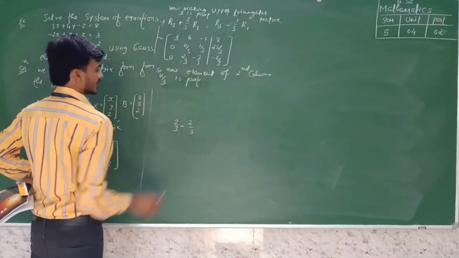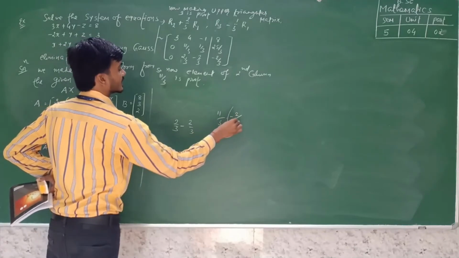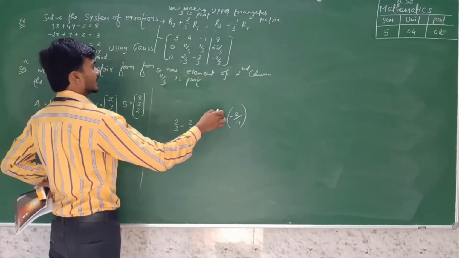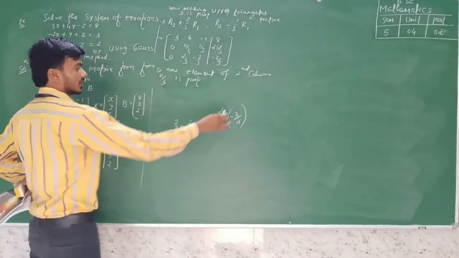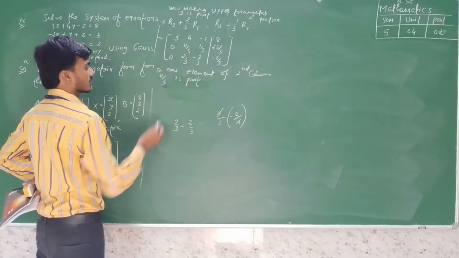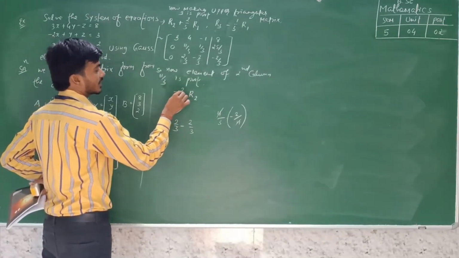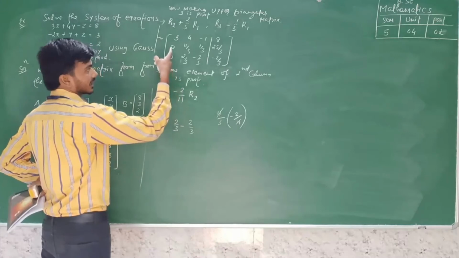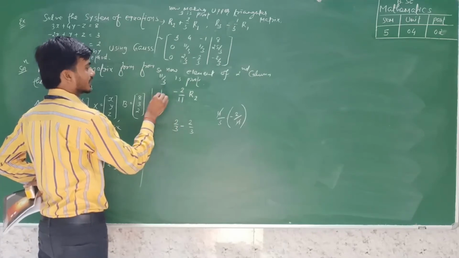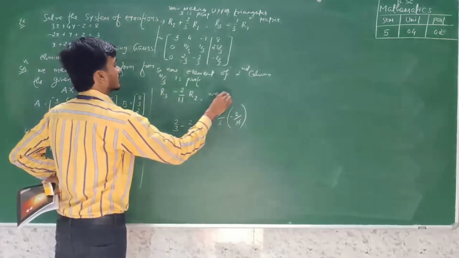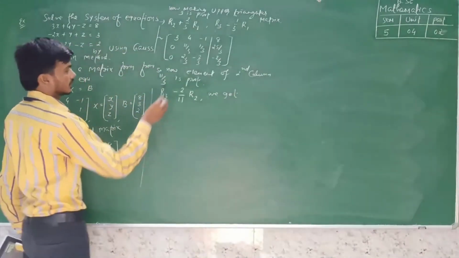So minus 2 by 3, that means this 11 by 3 into minus 2 by 11. Multiplying by 11 by 3, the 11 cancels, and minus 2 by 3 will be added into the third row. So R3 becomes R3 plus R2 times minus 2 by 11: every element of the second row is multiplied by minus 2 by 11 and added into the third row. So changes in the third row.